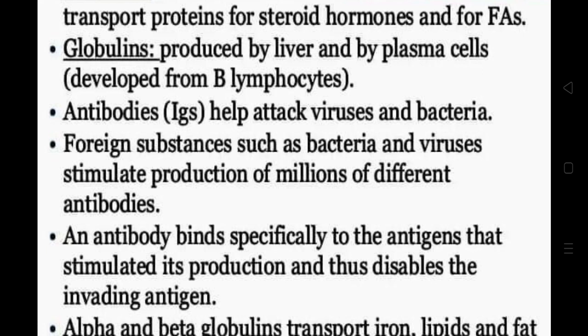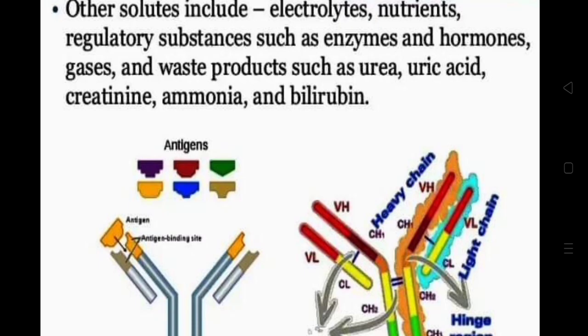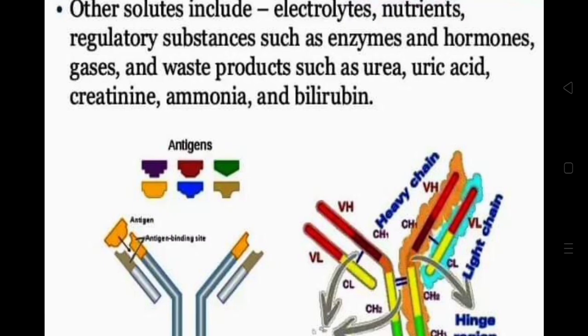Foreign substances such as bacteria and viruses stimulate production of millions of different antibodies. An antibody binds especially to the antigens that stimulated its production and thus disables the invading antigen. Alpha and beta globulins transport iron, lipids, and fat-soluble vitamins. Fibrinogen has a special role in clotting. Other solutes include electrolytes, nutrients, regulatory substances such as enzymes and hormones, gases and waste products